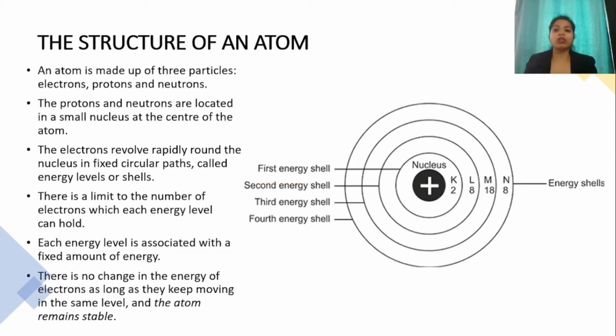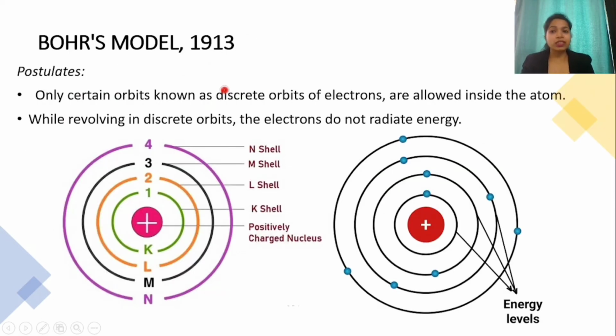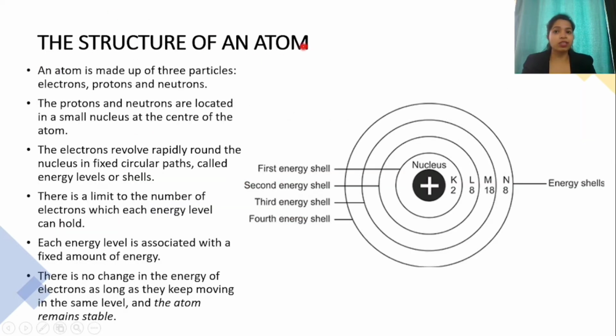So based upon all of these theories and the final conclusions that were given by Niels Bohr, we have the final structure of atom. Let's see what that was. The atom is made up of three particles: electrons, protons, and neutrons. Remember that Niels Bohr gave his model in 1930. By that time, it was not known that neutrons exist. The discovery of neutron was in 1932. So this final structure that we are studying is based upon accommodating the discovery of neutron.